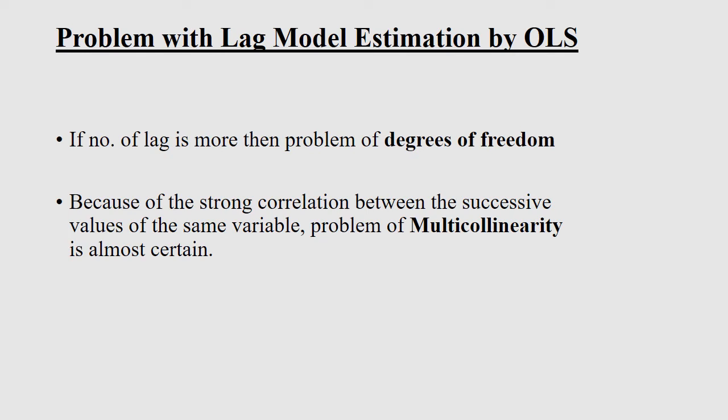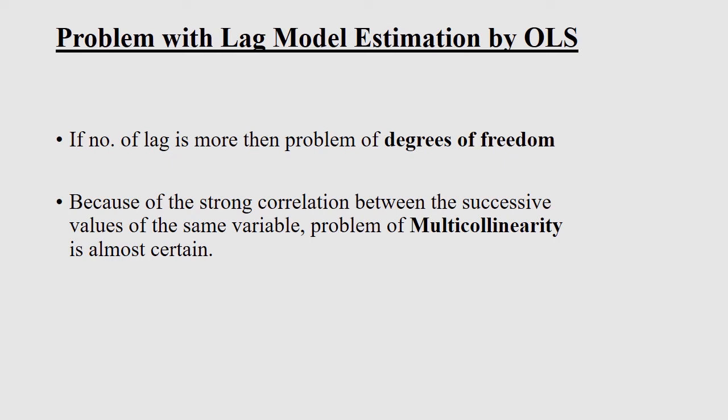Now, in each and every chapter of econometric analysis, I have told you the ultimate objective is the estimation of parameters. So, in case of the lag model also, we have to go for that estimation. The basic or popular method of estimating parameters in econometrics is the ordinary least square method. So as we have done earlier also, always we will start from that, whether directly OLS is possible or there is a requirement of some adjustment, or it is not possible at all, and we have to go for other measures.